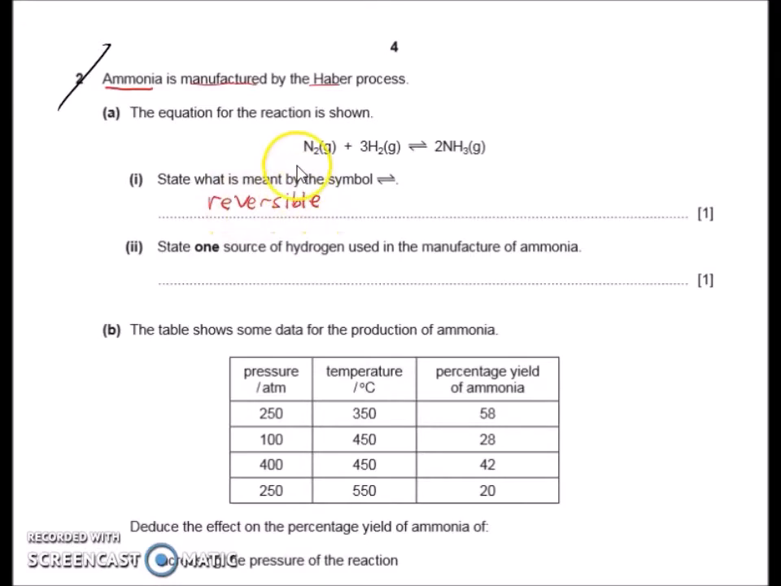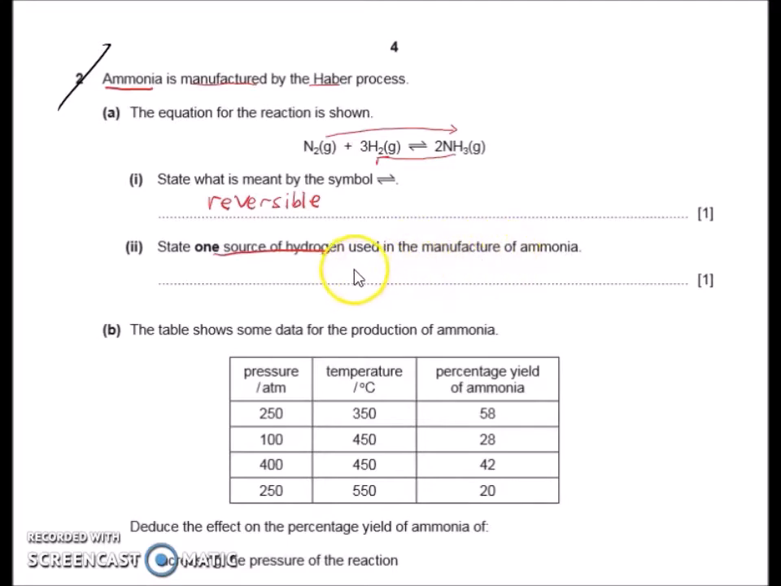It means that the forward reaction is equal to the reverse reaction. The reactant can form product. At the same time, the product can form reactant back. Okay, they are reversible. So here, state one source of hydrogen used in the